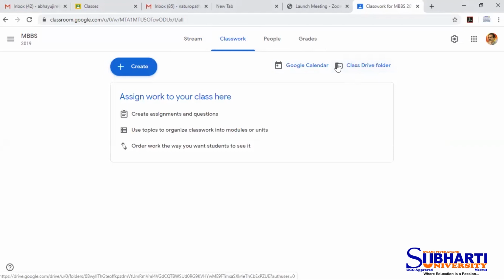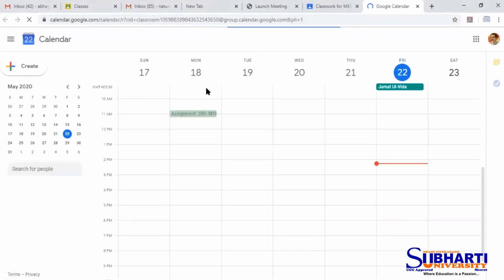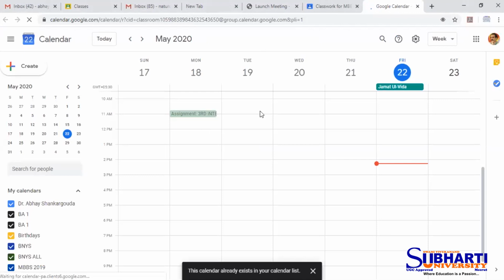The Google Calendar is a very important way of scheduling the classes and letting people know what classes have been scheduled and what classes are going to be there, on this topic and all that. So when we click on Google Calendar, you can set it like any calendar. Google Calendar will just open up, and then you can select a date and time and assign the necessary things.